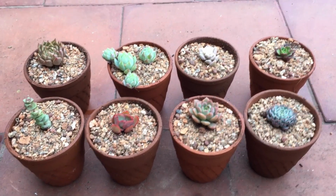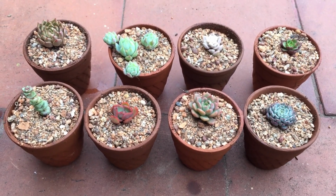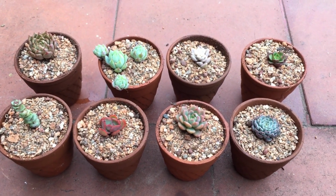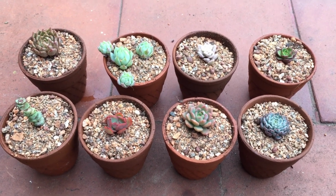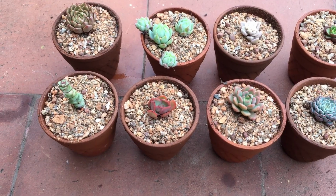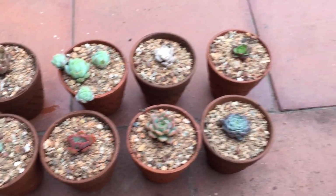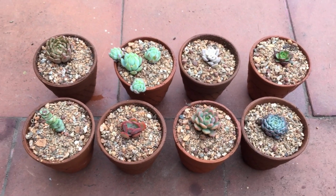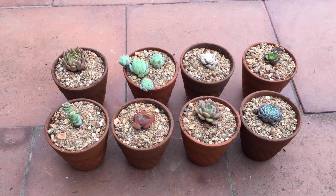Until then, they are going to be sitting in these small cups. It's not much of an issue. As I said, succulents tend to grow very slow. This is going to house them for maybe another year or maybe 2 years. Probably the baby necklace might grow a little bit fast and the mugdoglii might grow a little bit fast, but others are going to take their own sweet time. So maybe for another year or year and a half or maybe even 2 years,